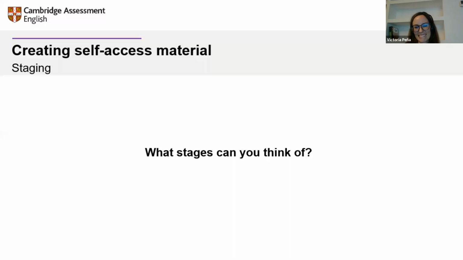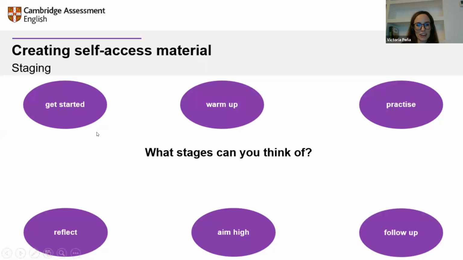Yeah, lovely. What did we come up with? Okay, we thought about these possible stages, so get started. This is mainly, or maybe even more important, with the hybrid situation. If some of your students are learning online, it is nice to tell them what material they will need.